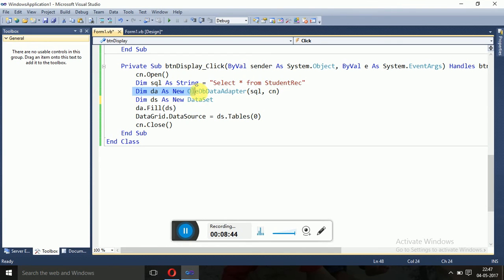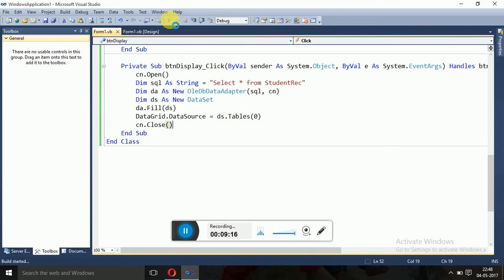Now Dim DA As New OleDbDataAdapter, in which we have passed two arguments, cn as well as the SQL. Then we create the dataset object DS, and then we use da.Fill, and then DataGridView.DataSource = ds.Tables(0), and we will close the connection. That was all about the content.